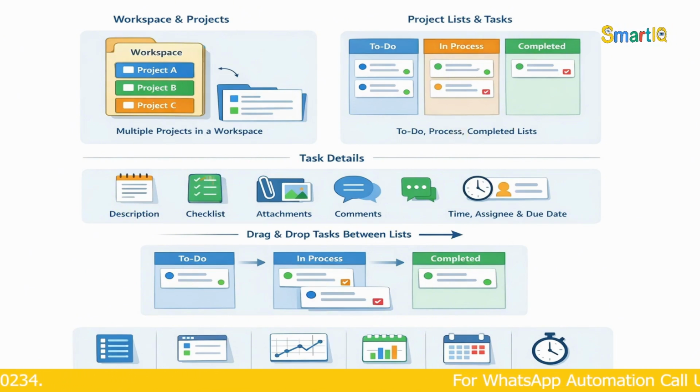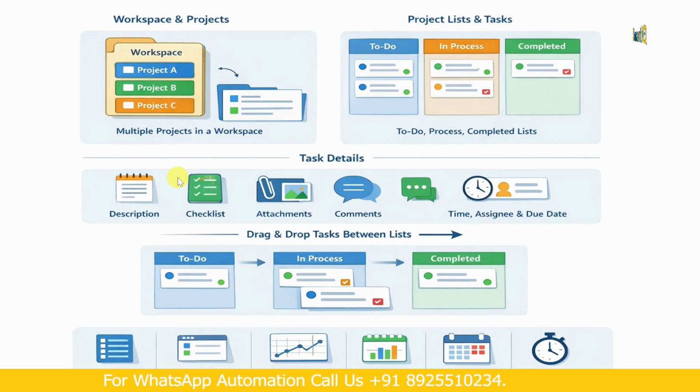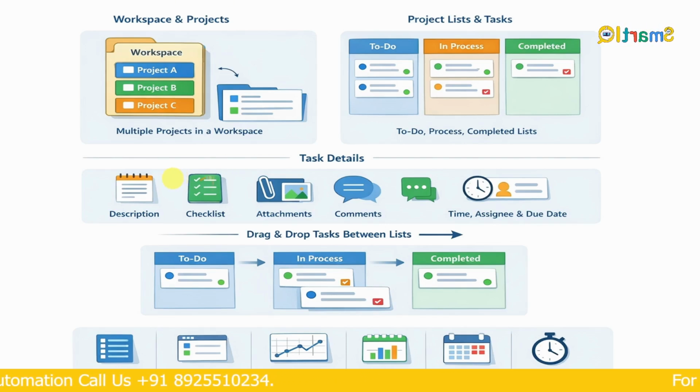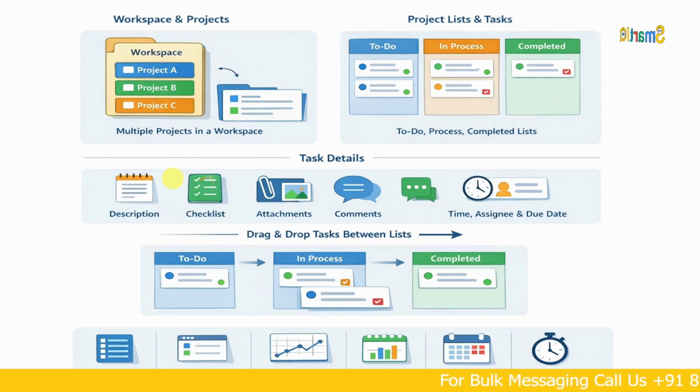For each task, we can set the urgency based on color. For example, if it's red, we should give it high priority. If it's yellow, then it's medium priority. If it's green, then it's low priority. We can check and follow it like that. Now we've seen a theoretical example. Next, let's actually create and see how to make a workspace, project, and task in practice. That's what we're going to look at now.